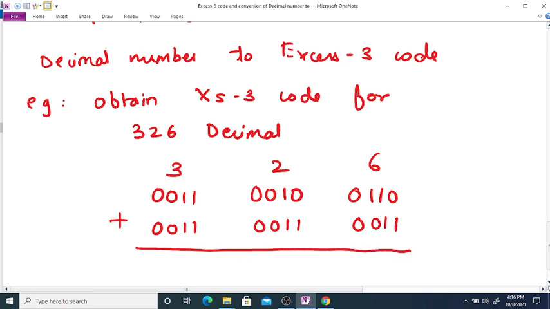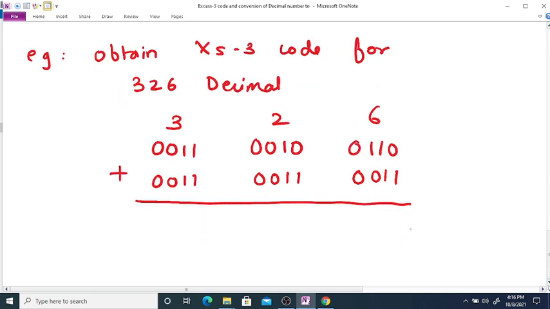So we will get 1 plus 1 will be 0, here we will get carry 1. Again 0, 1, so here we will get 1. 0, 1 will give us 1. Again here we will get 0, 1.